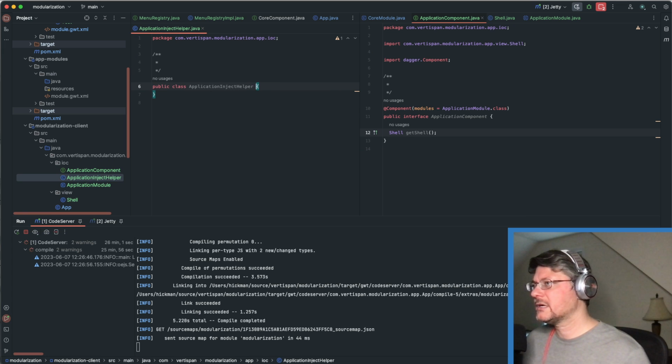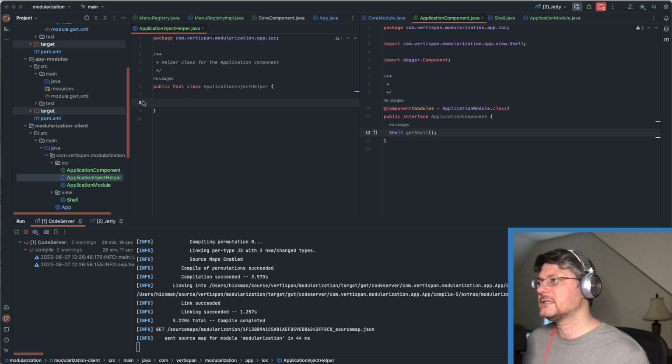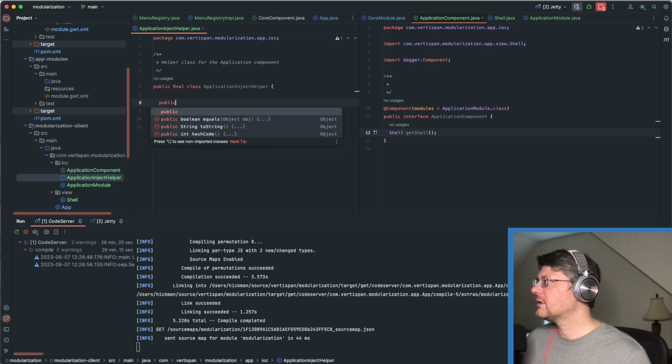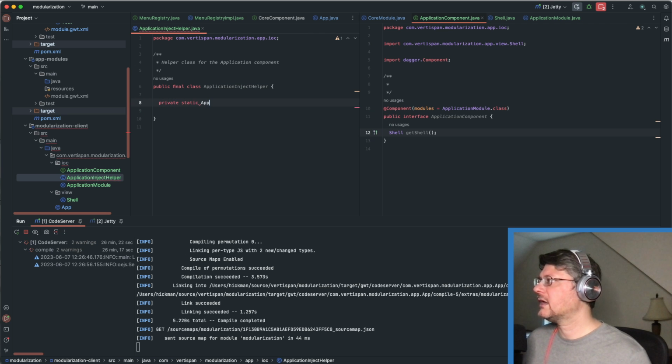This will be a very simple class. Helper class for the application component. And all of this is going to do is provide the application component and automatically do the injections. So if I have private static application component,